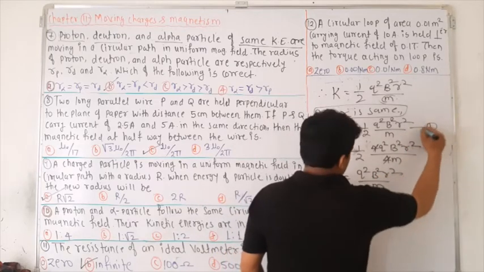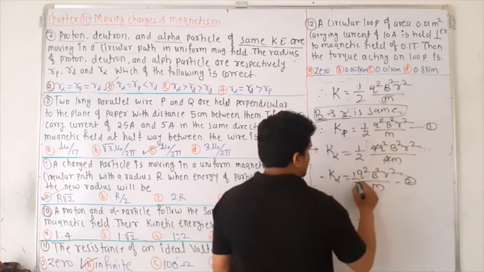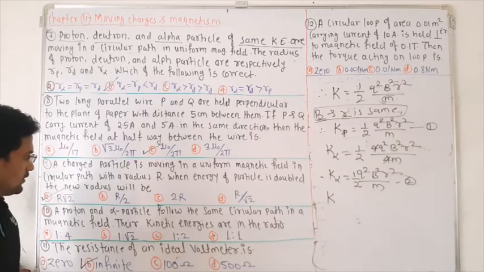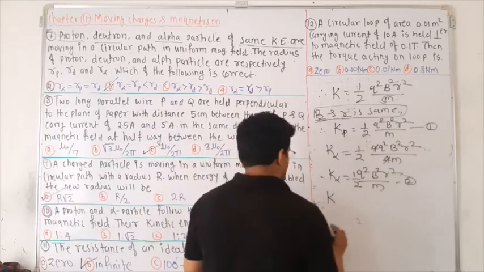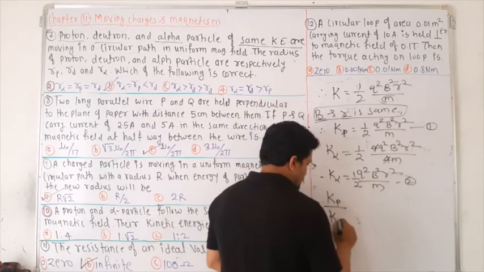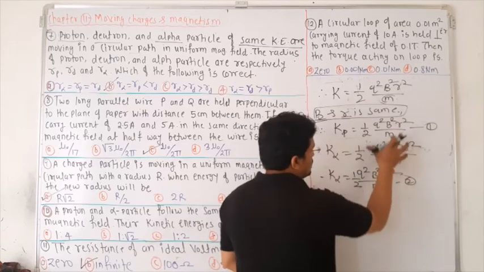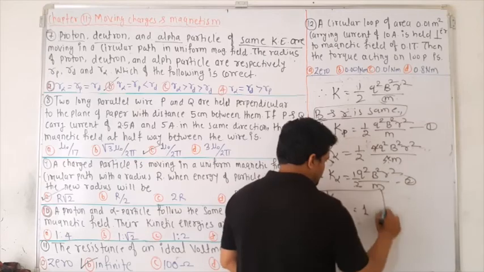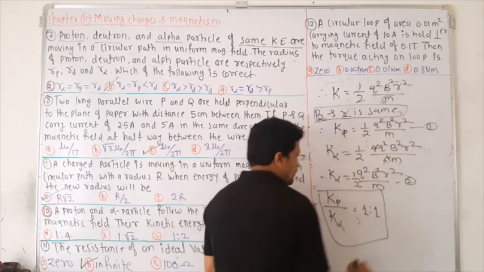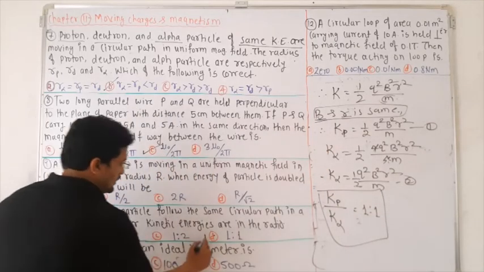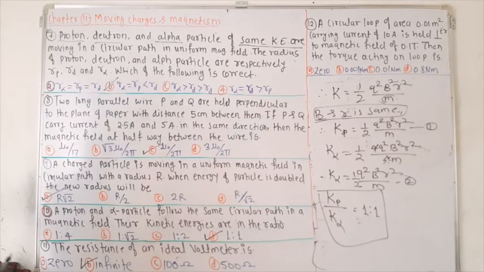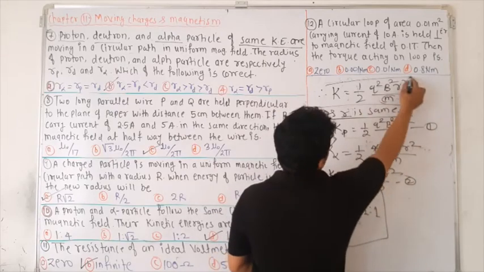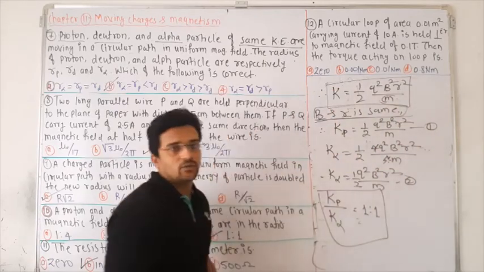Make this equation 1, make this equation 2. So here it is half. So the ratio of kinetic energy for the proton to kinetic energy for the alpha particle is this divided by this. So both are almost same, so it is nothing but 1, or 1:1 itself. So option D is correct. This equation came from the cyclotron, so use that equation.